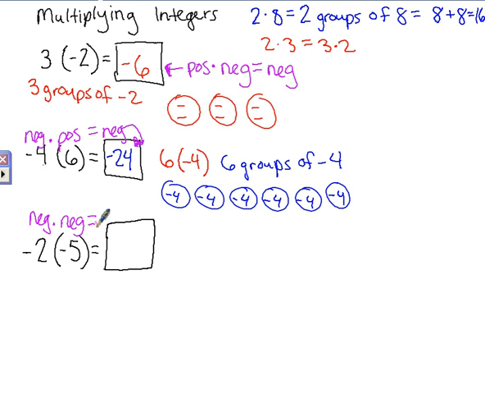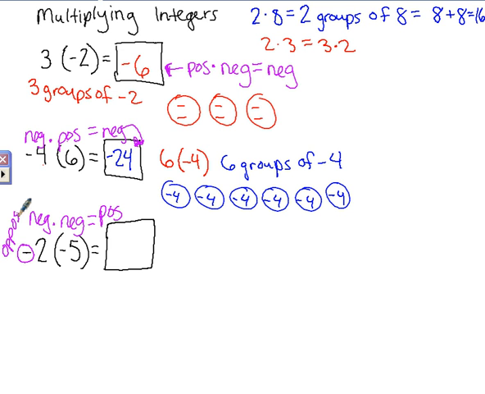One, I can look at it and say, if a negative times a positive was a negative, then when I change this one from a positive to a negative, it must change my answer. So we could say a negative times a negative is a positive because it had to change when I changed that symbol. The other way to look at it is to say that this sign can always mean